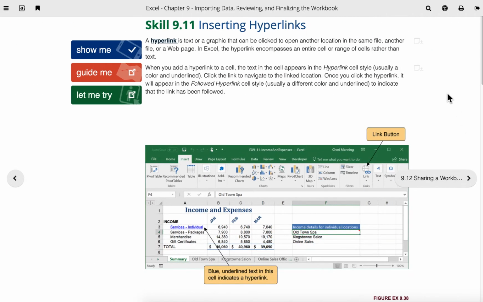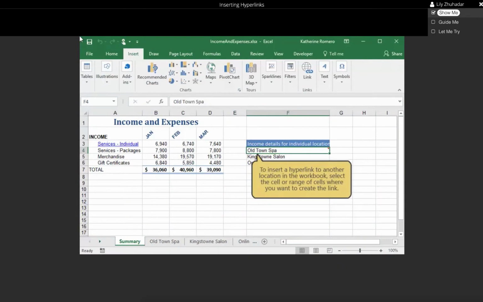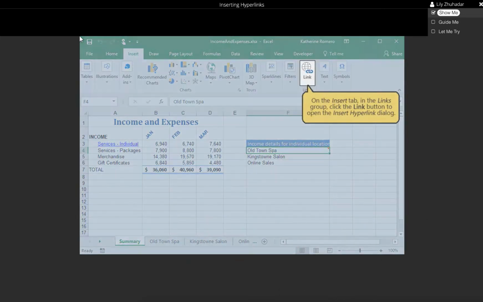Now we're going to look at how we can insert hyperlinks inside Excel files to take us to a website or to take us to another part of your Excel file. To insert a hyperlink to another location in the workbook, select the cell or range of cells where you want to create the link. On the Insert tab, in the Links group, click the Link button to open the Insert